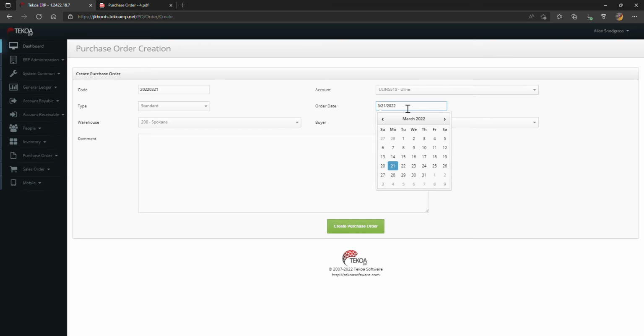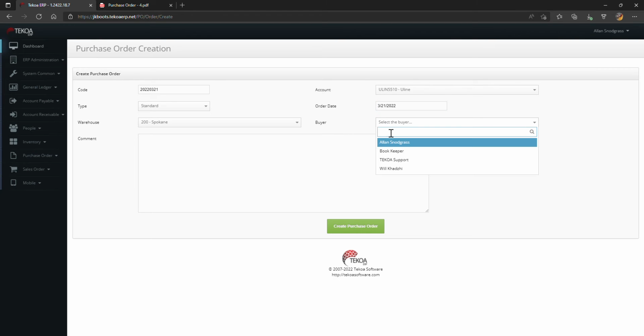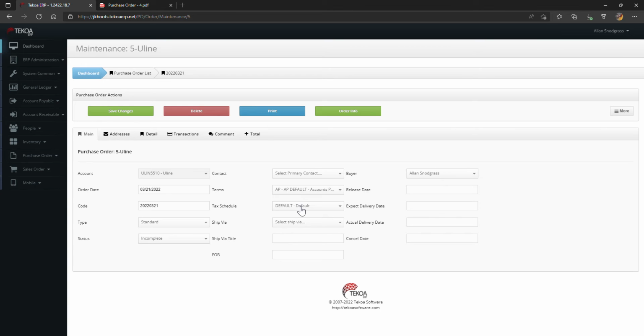I'm going to leave the purchase order date as today and then identify myself as the buyer. I can put in a comment if I want to and then click the Create Purchase Order button. This is the purchase order maintenance window where I can edit some of those pieces of information that I just